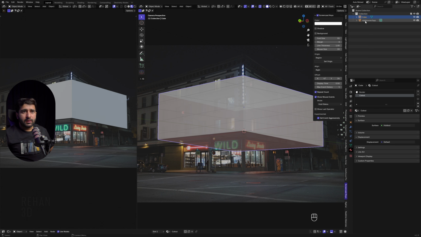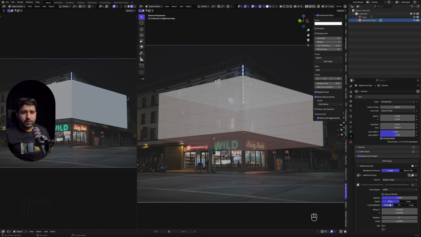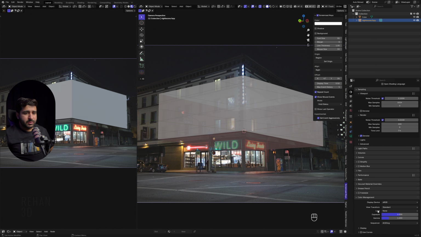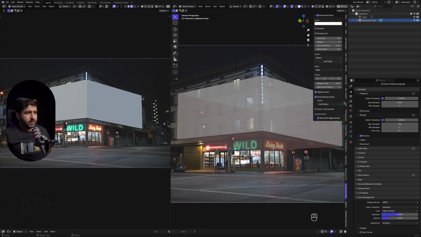Like this, select the camera background image and make the opacity full so you can see it better. And after this you can go into the color management look and you can increase the contrast look, but we will not see it here. We have to turn on the render view. Good, it's not affecting our video image. And here